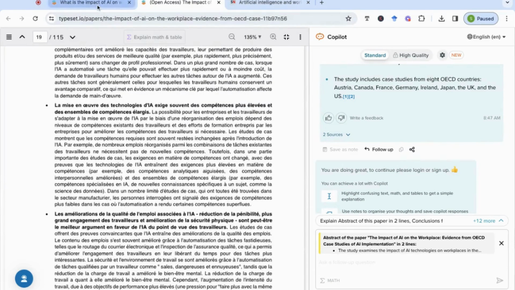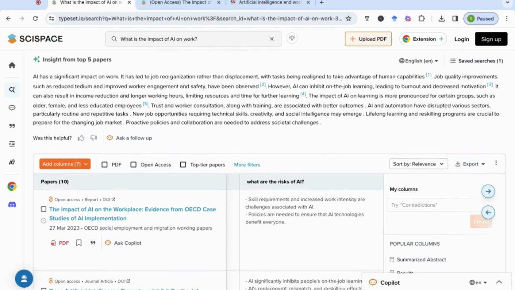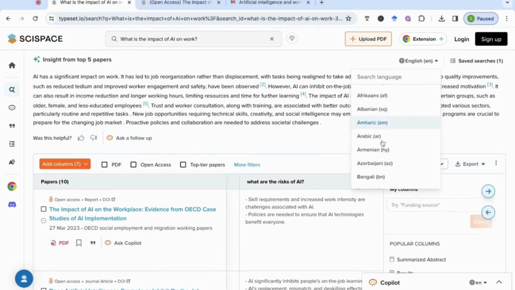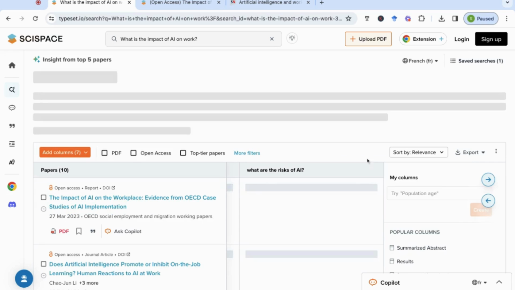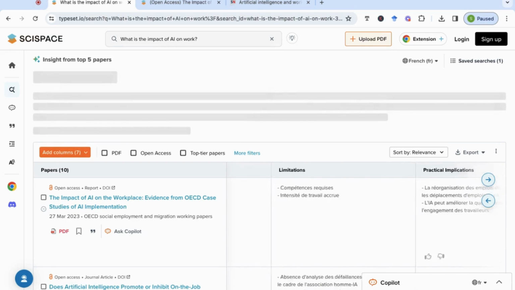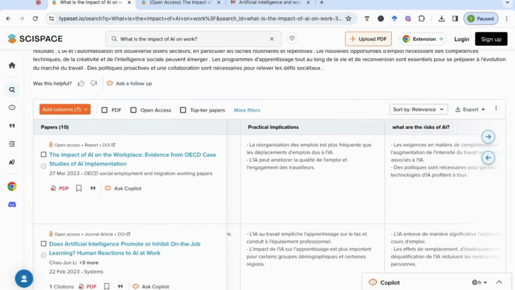Okay, so let's go back to the main page. So just a few more features that I'd like to show you. Up here you can see that the responses are in English, but you have an option to choose from a number of languages in terms of what the analysis comes back in. So say, for example, I wanted to choose, let's say, French, and I'd like to understand the papers better in French. You can see it's actually given me the insights, the limitations, practical implications, everything in French,